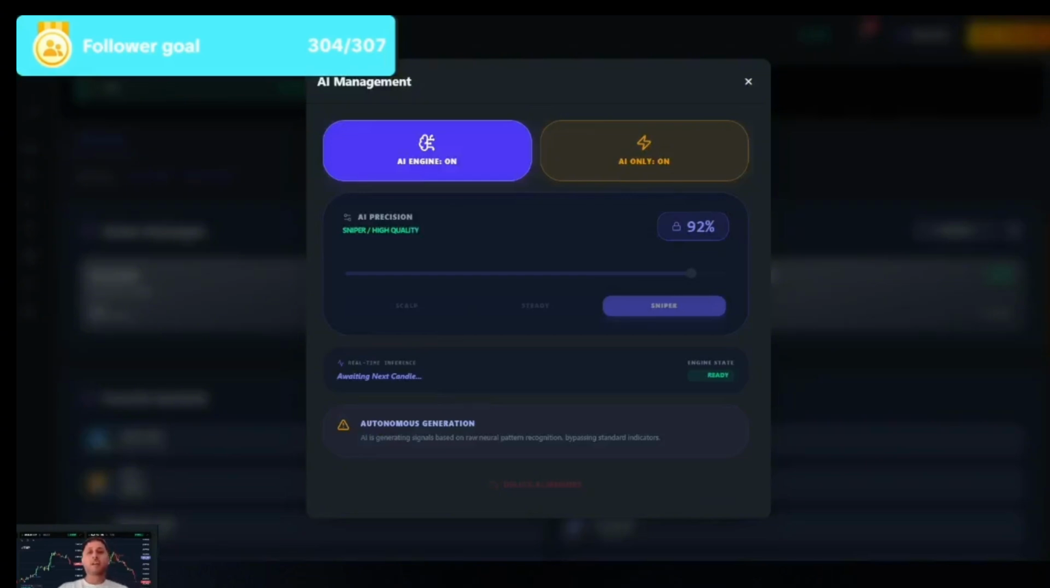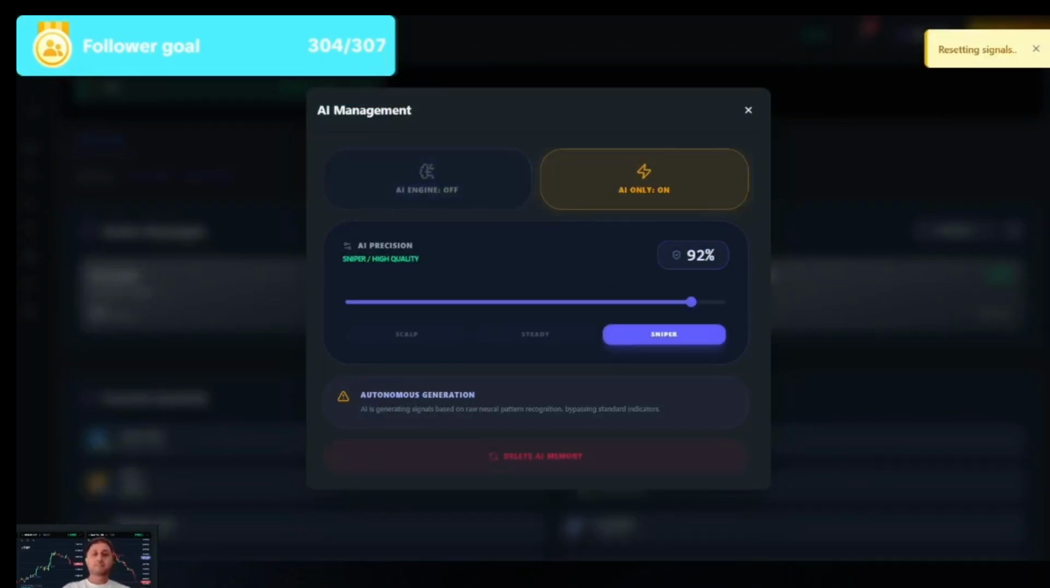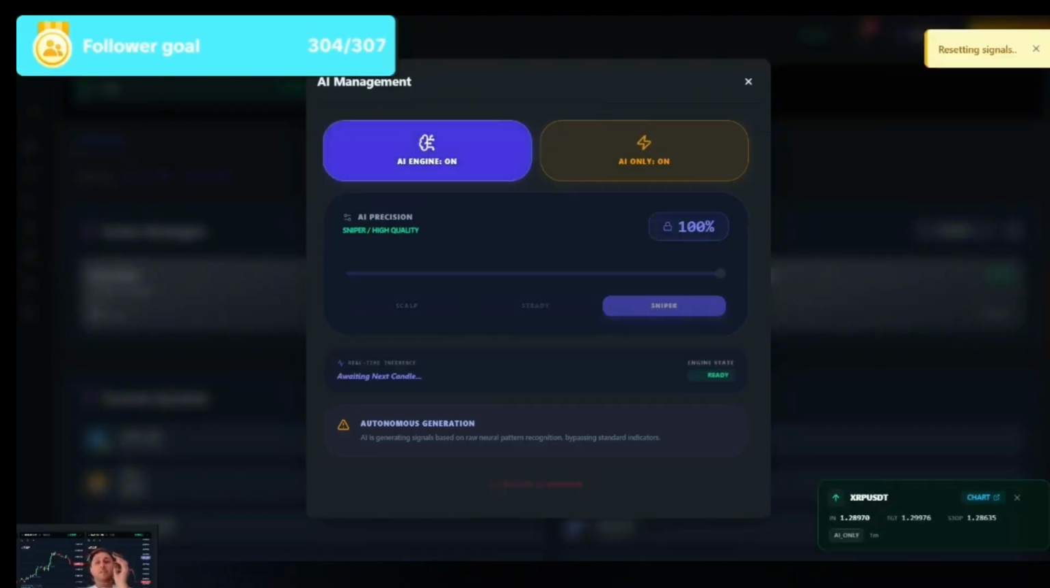Turn off the AI engine again. Increase the precision. Let's go for 100%. 100% is a very high precision. You only enter the market when AI says, I'm 100% sure, my prediction is 100% sure, you can take this